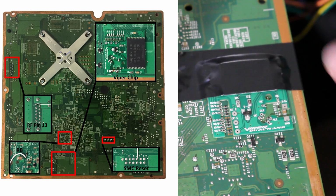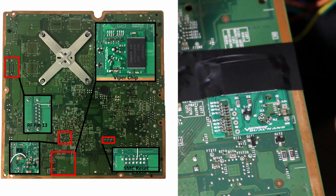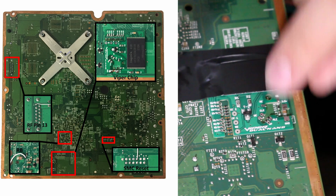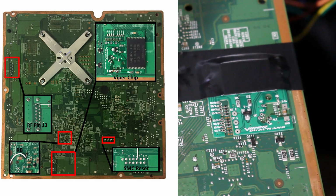So what we did was I just made sure it locked in, everything lined up, taped it down so it's not going to move. And once we start soldering in points, nothing's really going to move, but you're going to want to be careful here. Because it's really easy to mess these up as well, although they are still user-friendly, so to speak. So again, I'm going to have the diagram up on screen showing you what points to solder. I'm going to do my best to show you on here, but because this is so small, it might be